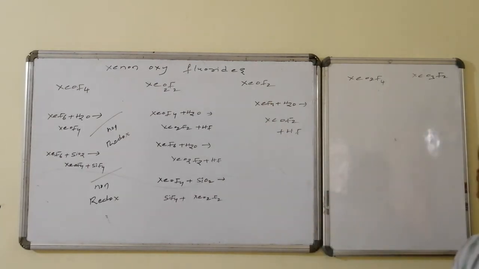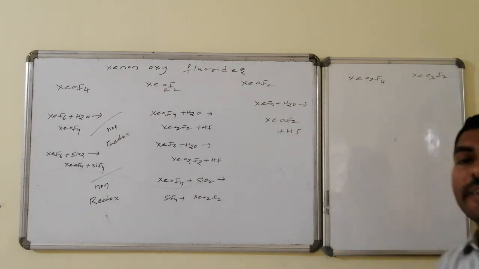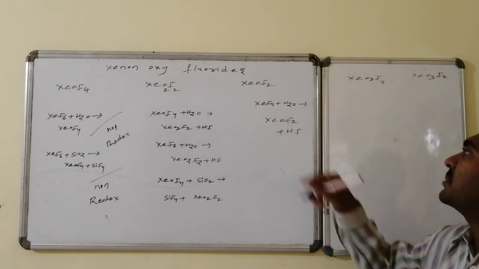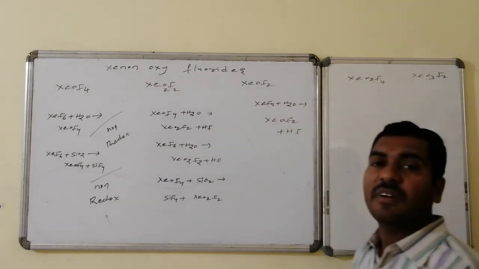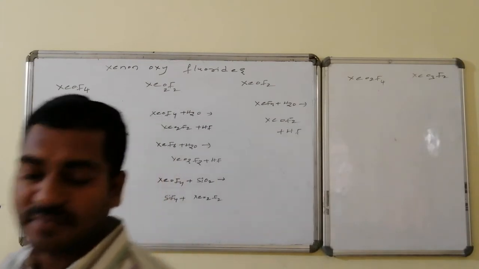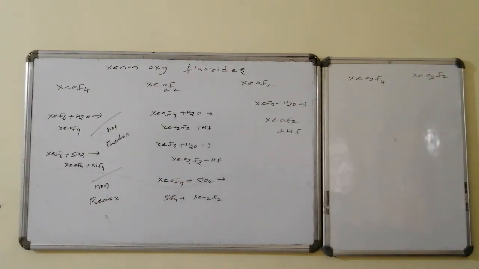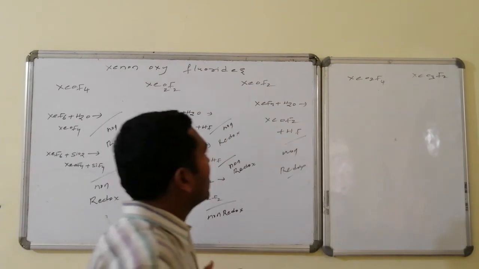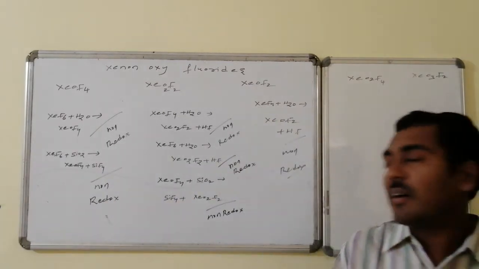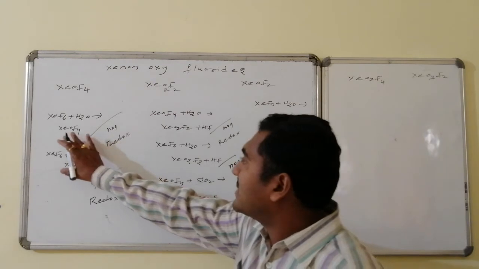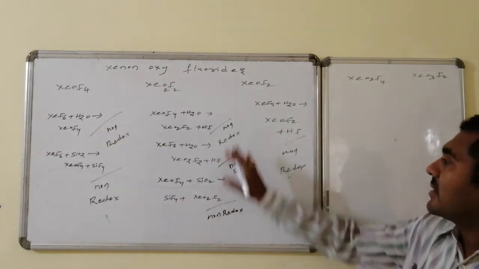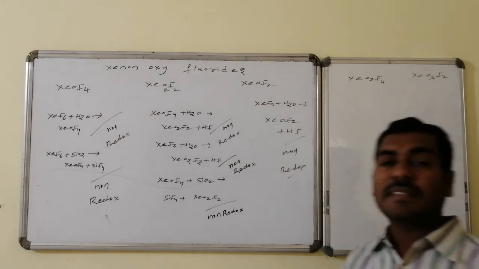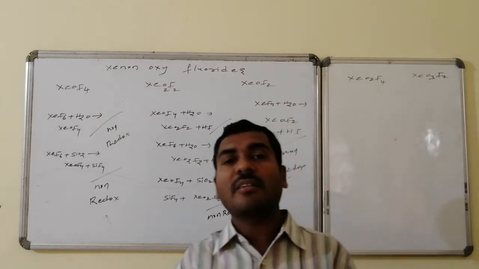And the next one is xenon oxy difluoride, which is a derivative of xenon tetrafluoride. Xenon tetrafluoride on reaction with water, 2 fluorines are replaced by oxygen, and leads to the formation of xenon oxy difluoride. Thus, all the reactions related to the formation of xenon oxy tetrafluoride, xenon dioxy difluoride, xenon oxy difluoride, all these are non-redox reactions. The oxidation number remains the same for everything, here and here. Here also everything maintains the same oxidation number, hence these are all non-redox reactions.